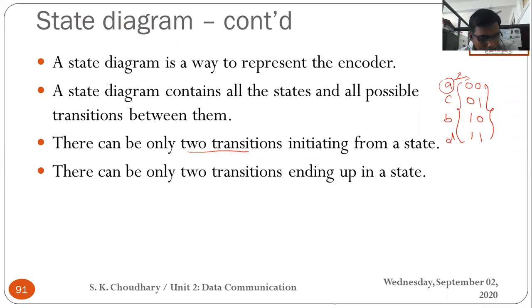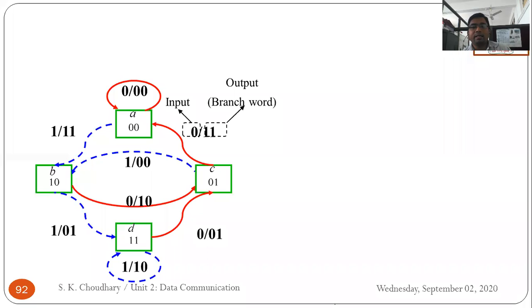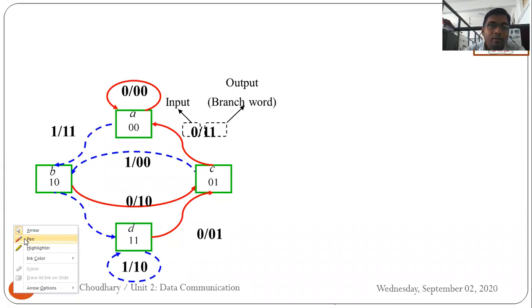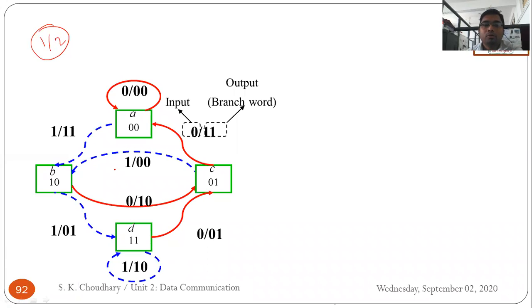Now I am taking the example of this state diagram. This is the diagram you can see on your screen, the state diagram for a convolutional encoder of coding rate 1/2. We have taken a convolutional encoder of coding rate 1/2, where k/n is 1/2, n is 2 and k is equal to 1. And as per the theory, we know there are 2 to the power k minus 1 states.